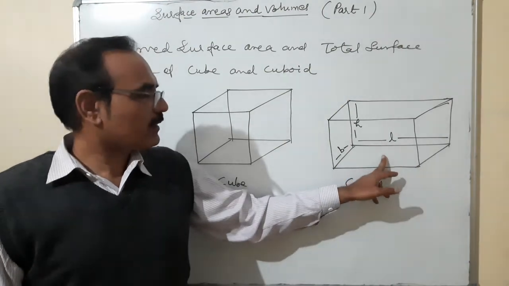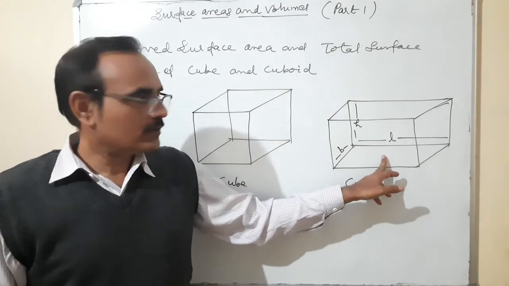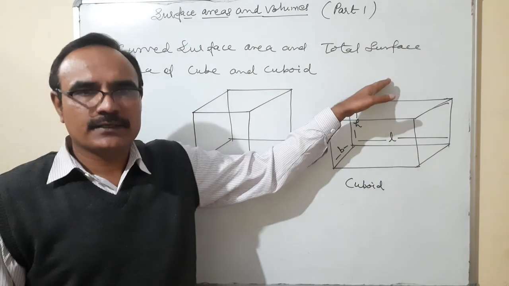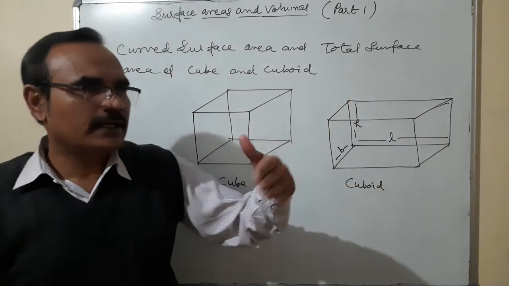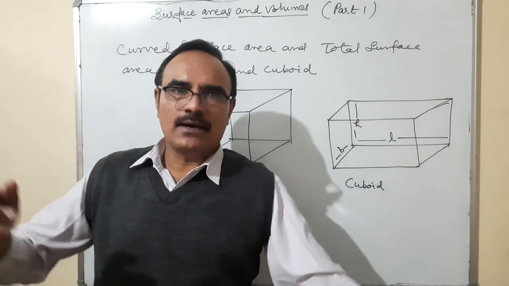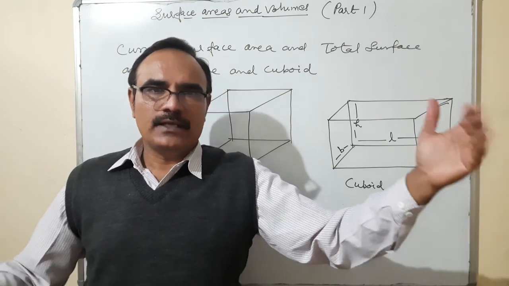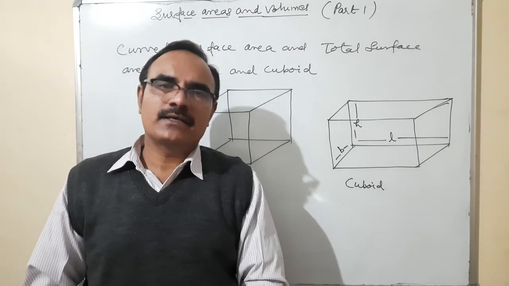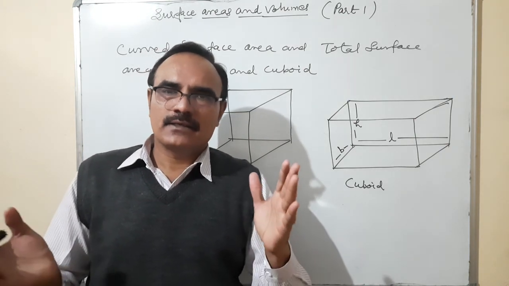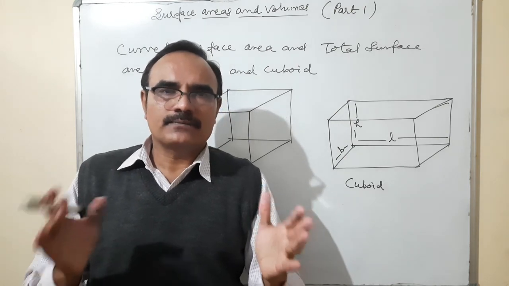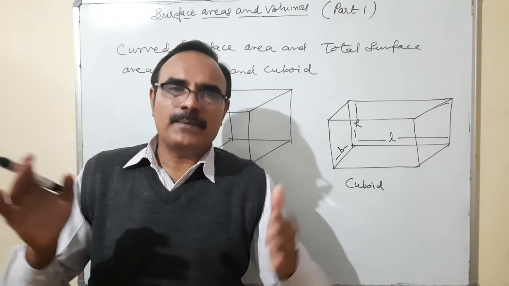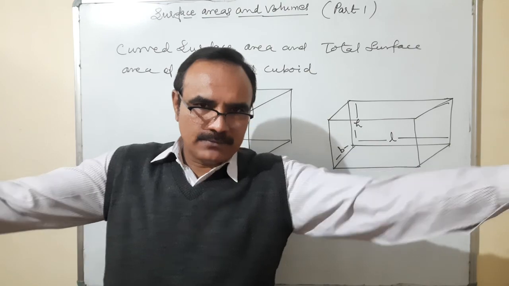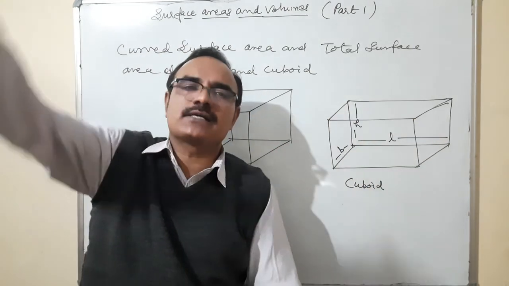One is the area of the floor, length into breadth. Whatever the area of the floor, the same is the area of the ceiling, length into breadth. After that, the area of the left wall and the area of the right wall are the same. The area of the back wall and the area of the front wall are the same. So out of these 6 faces, there are 6 rectangles, but 3 rectangles are of different areas and 3 are the same. That means there are three pairs of rectangles. These 2 rectangles are the same, these 2 are the same, and these 2 are the same area-wise.